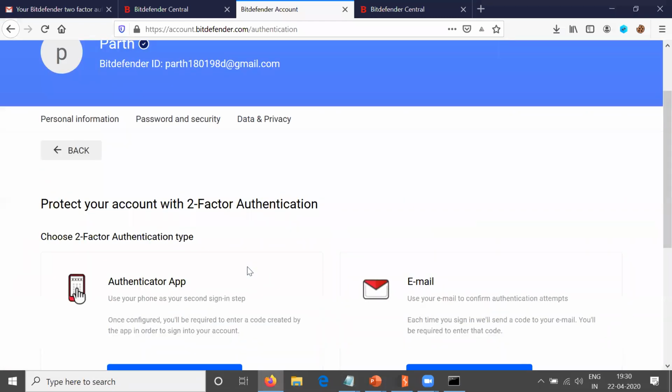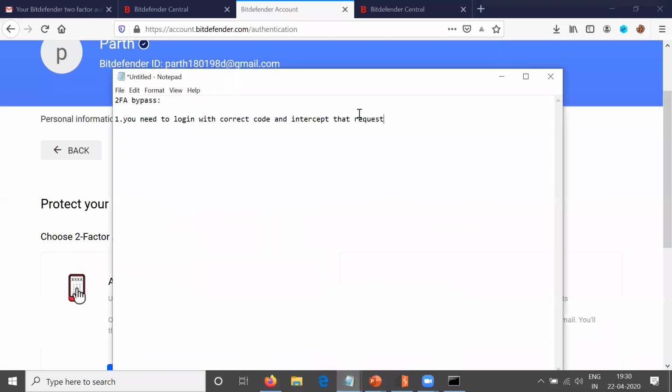So what is the exploit scenario here? A user logs in into a cyber cafe or on a laptop and forgets to log out. So you can easily turn off the 2FA with the wrong code. So you don't need the correct code, you don't need his email access, you don't need his phone access, you don't need his Google Authenticator access. You can just turn this off with the wrong code and correct response.